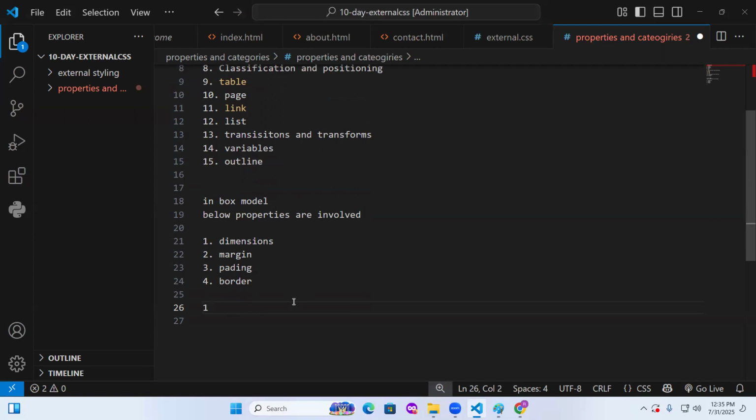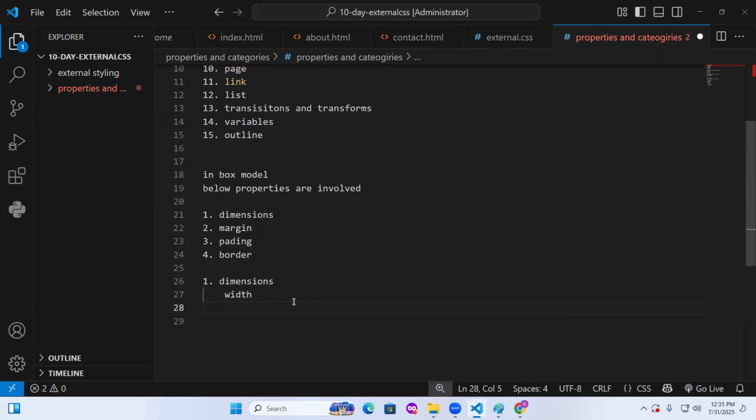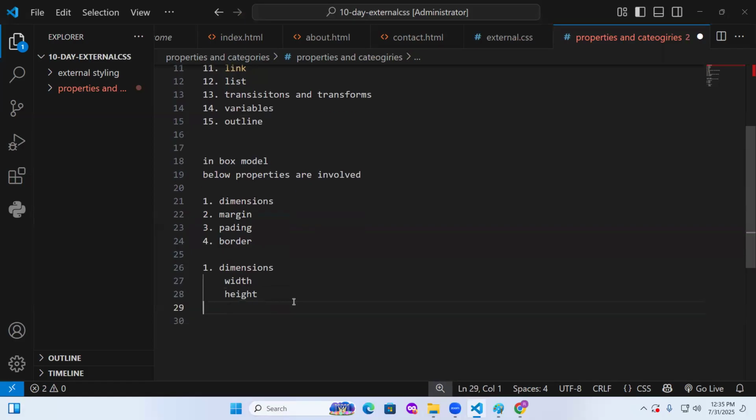So coming to the dimensions. Width, height. It may be in the pixels, it may be in the percentage or VH. Other measurement types I'm going to discuss with you. Second thing is